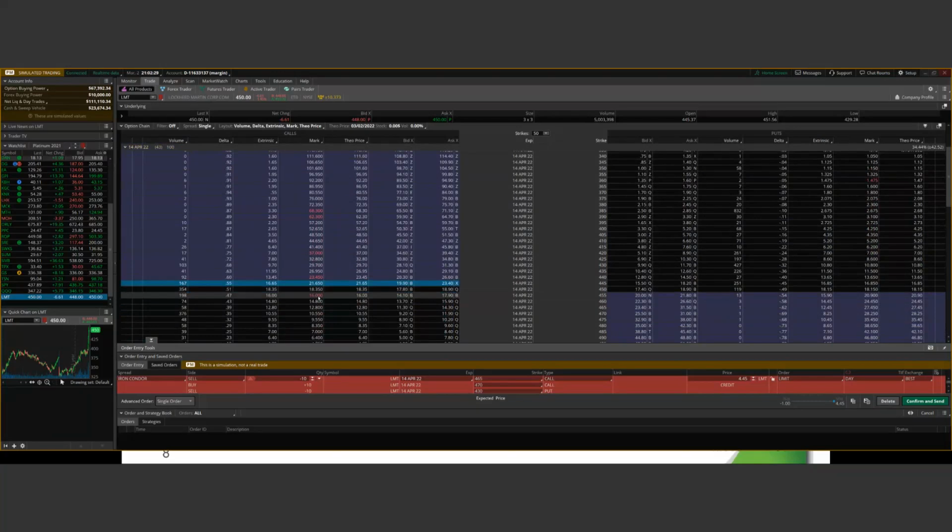So whatever has moved against you, you can go and collect this juicy premium by moving diagonally. Sometimes from 455, you can probably move to 460 or 465,